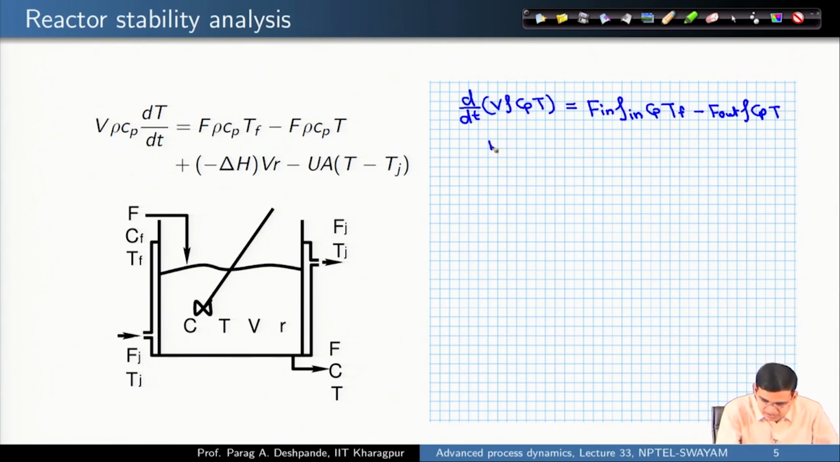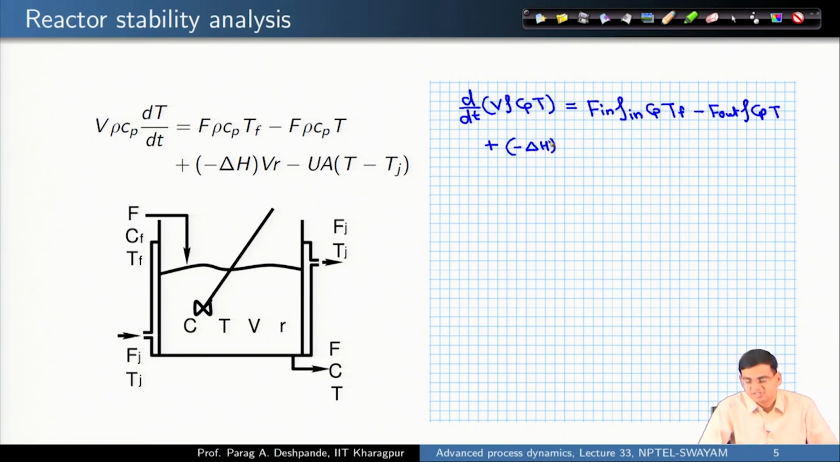Plus, now there would occur an energy change in the system because of the reaction. The reaction can be either endothermic or exothermic. If the reaction is exothermic, energy would be added to the system. If the reaction is endothermic, the energy would be extracted by the system, and therefore, depending upon that you will have either positive or negative sign for delta H. So, minus delta H